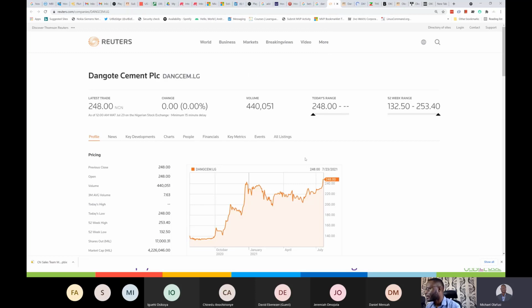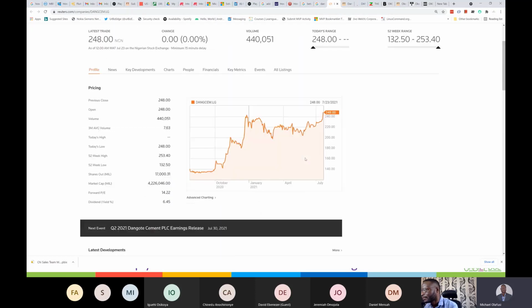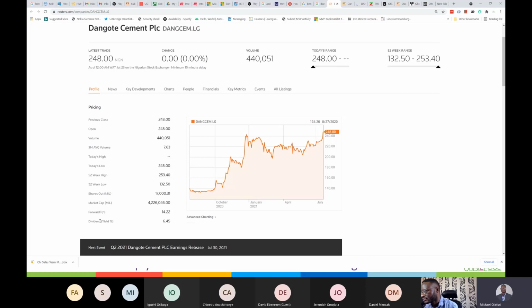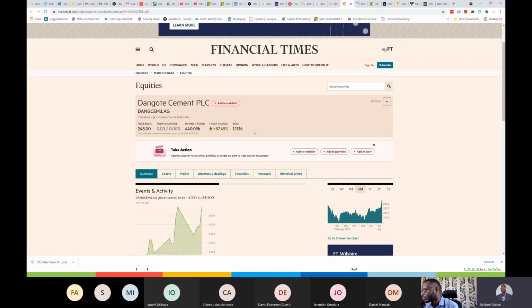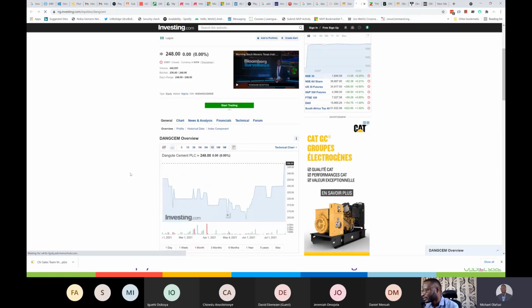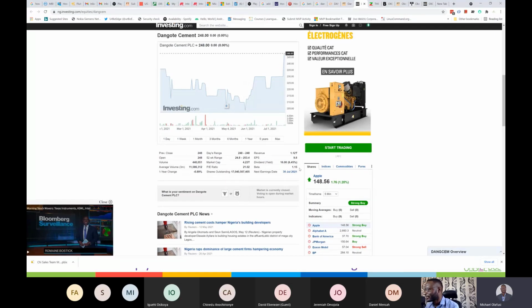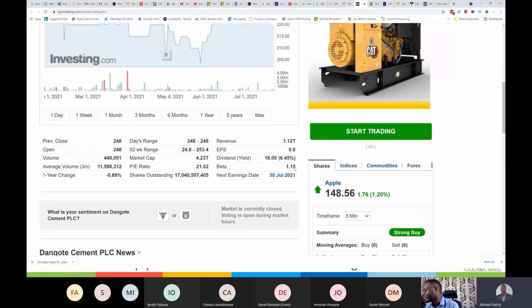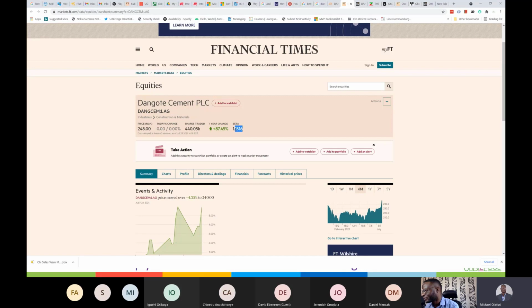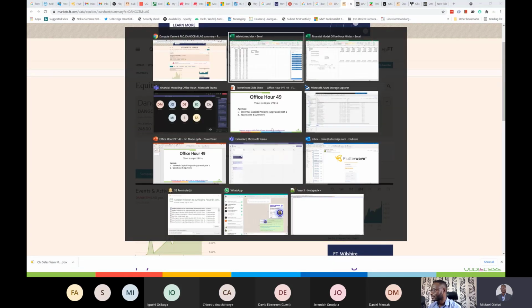For Dangote Cement, beta 1.151. Let's go to another provider. See, so this is what actually I'm expecting. They should be close. This is 1.15. So when they are too far apart, I'm worried because which one will I pick? So at least you've seen that is information. Now when I see this one, I'm okay to using it.